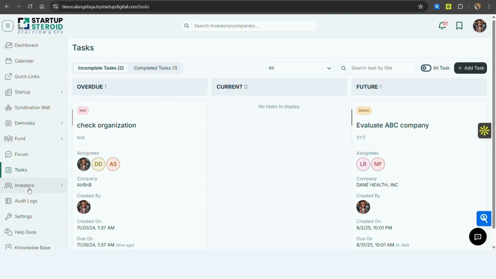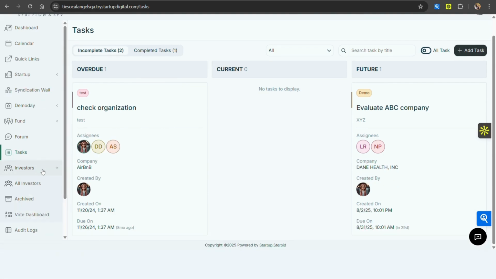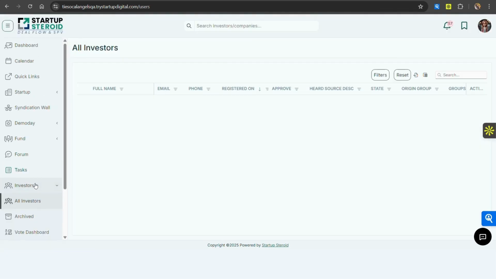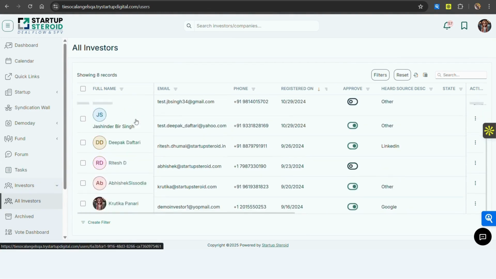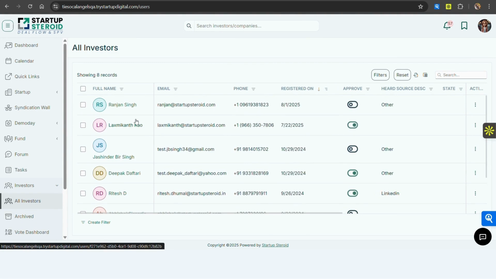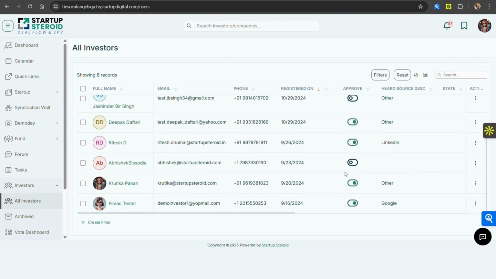Now that we've discussed tasks, I'm going to come to the investors side. You can see a list of all the investors associated with your white label or with your investment group. If there are any activities related to these investors, I can undertake those activities. For example, I don't want them to be a part of my organization anymore, so I can go ahead and probably cancel them. Maybe there are some payments, maybe membership payments that are associated with them. I can simply regulate these activities right from here.